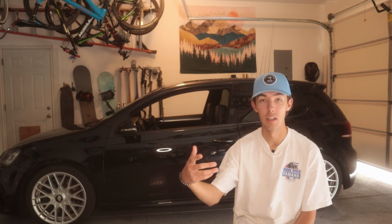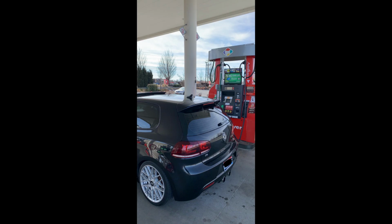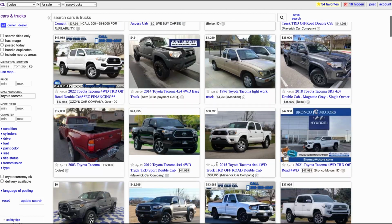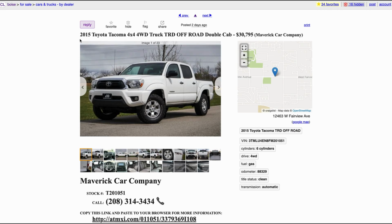My dad has an 06 Dodge Ram that's Cummins diesel and is a tank. And so I wanted to get one just like that, but diesel prices are super high right now, and it's a lot to afford. And so I was looking more towards Tacomas, although the Tacoma market right now is super expensive. And so I wasn't really sure if I was gonna find a Tacoma that was cheap enough for me. And so we went out and looked at a Tacoma